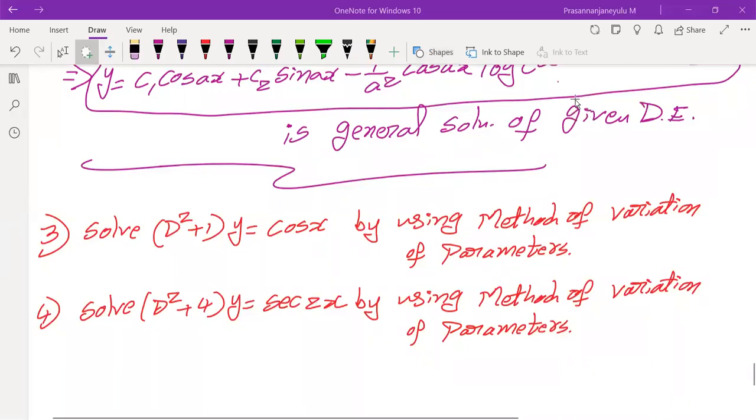But they mention here in the third problem using method of variation of parameters. If you observe the third problem, it can be solved by using our type 2 for finding yp. But still, we should not use type 2 for finding yp. We must use only method of variation of parameters. That is important. Because of that reason, use method of variation of parameters only and solve these two problems. Okay, with this I'm stopping.